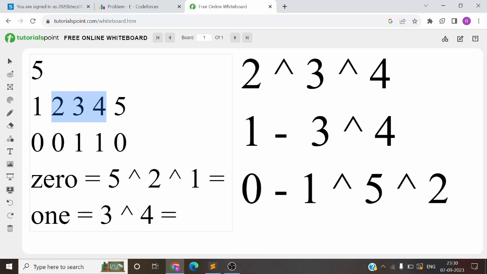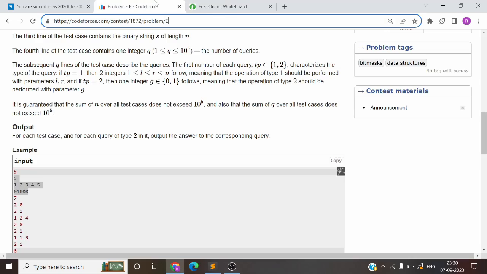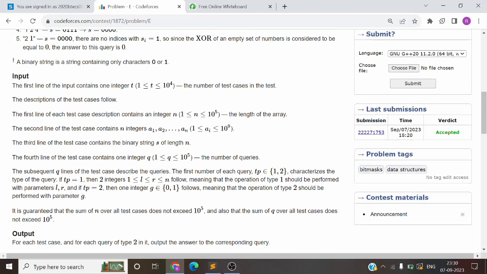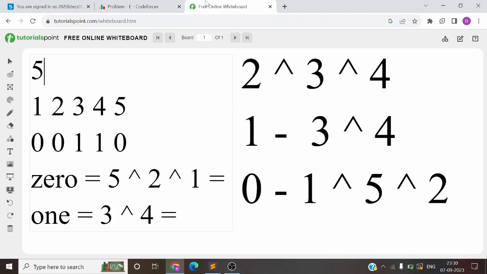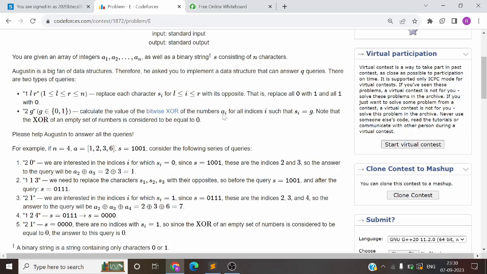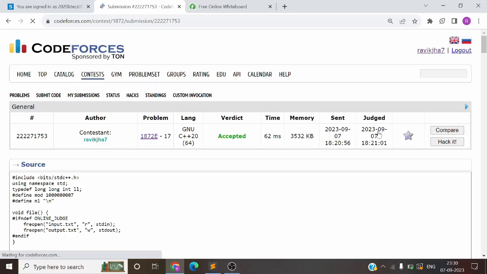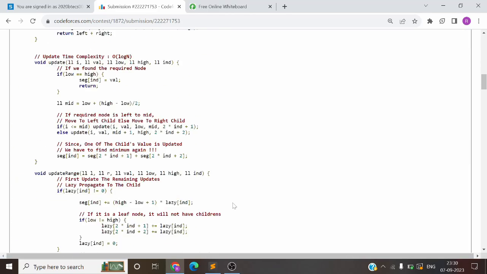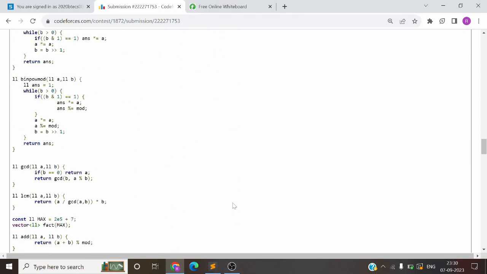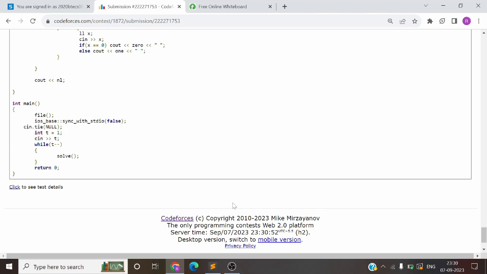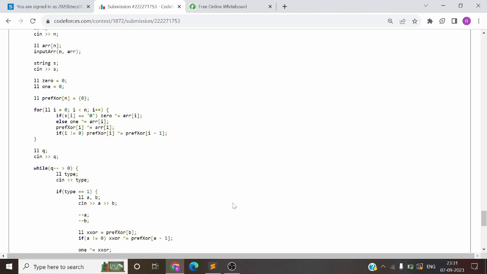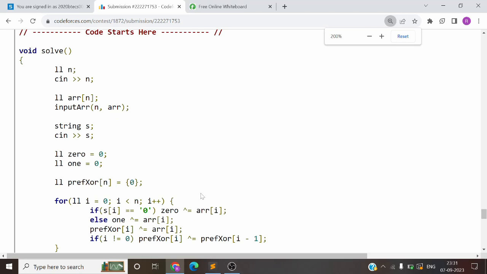और हाउ डू वी कैलकुलेट, हम जोर कैसे रखेंगे पूरे रेंज का? तो सिंपल सा फंडा, प्रीफिक्स जोर। So if you don't know about prefix XOR, तो अब यार it is an E problem, so I expect you should know about the prefix XOR. I hope solution समझ में आया होगा। बहुत easy problem था ये। I don't know how it is the fifth problem, but yeah, let's try to look at the solution of it. बहुत सिंपल सॉल्यूशन है इसका।